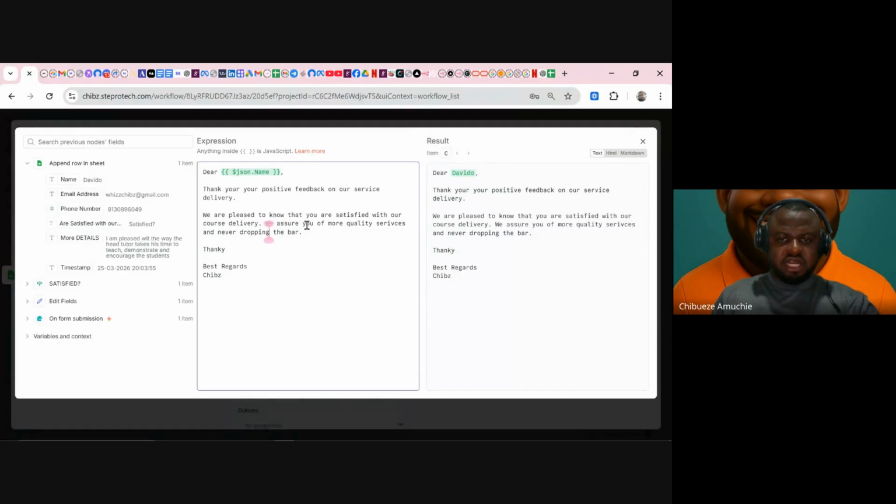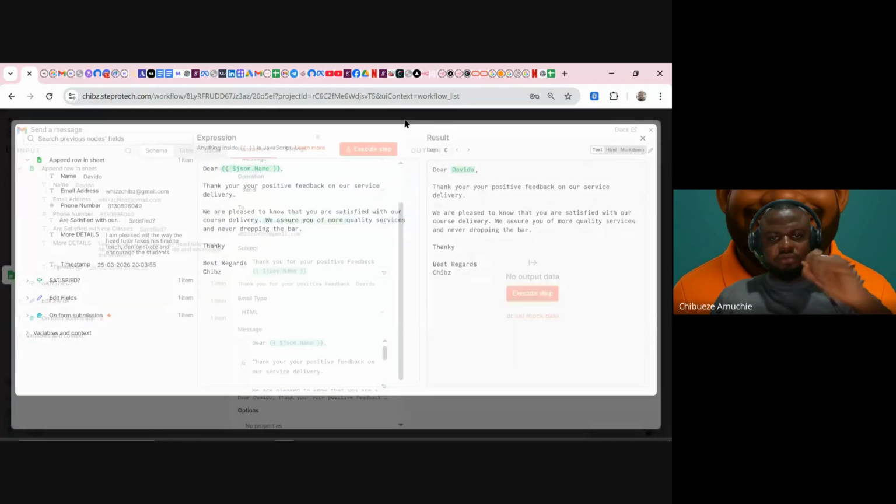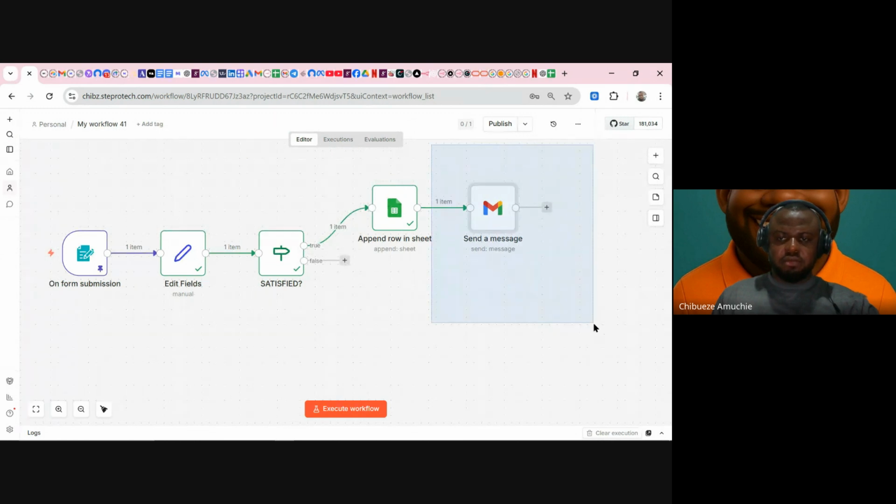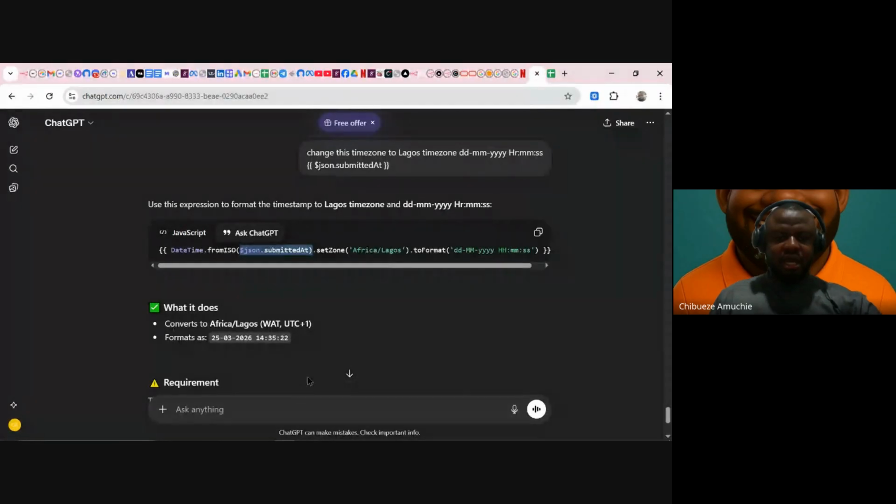Now, there is something I need to add here, which is that HTML. Okay. Now, this HTML, what do I need to do? I'll have to copy this letter. I have to copy this node. Okay. I have to copy it. Go back to my AI and tell it to give me HTML code for the email node,